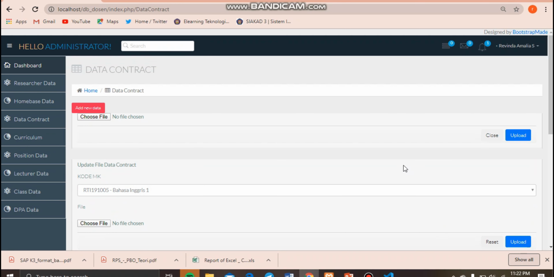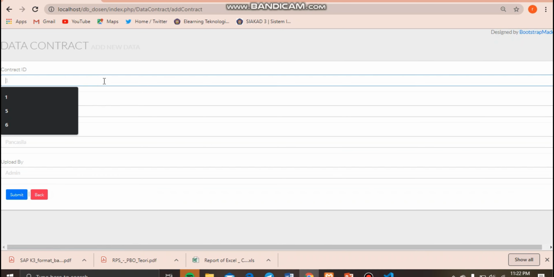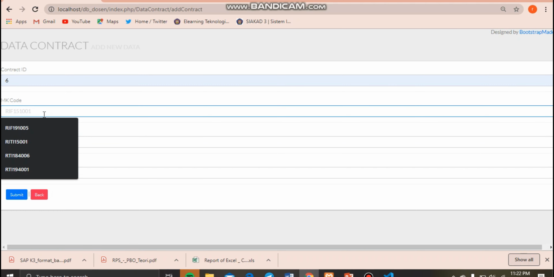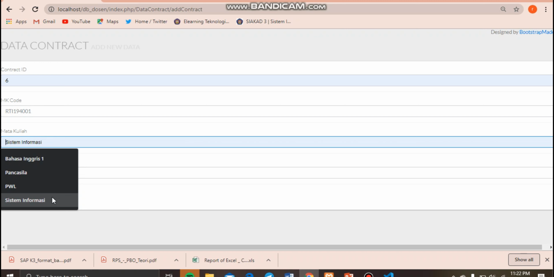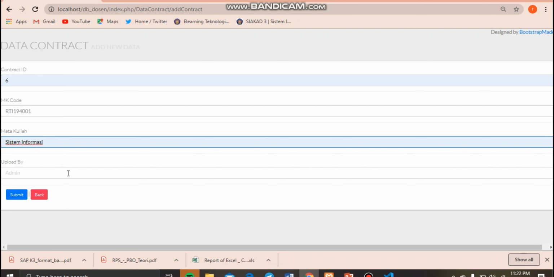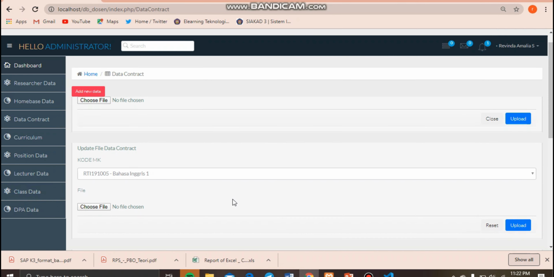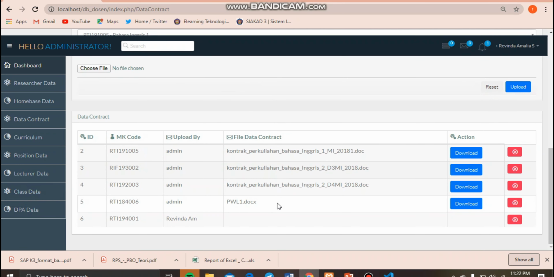Then, I add the data. For the upload by column, we leave it blank because it will automatically appear in the table. Then submit, and it will appear in here.